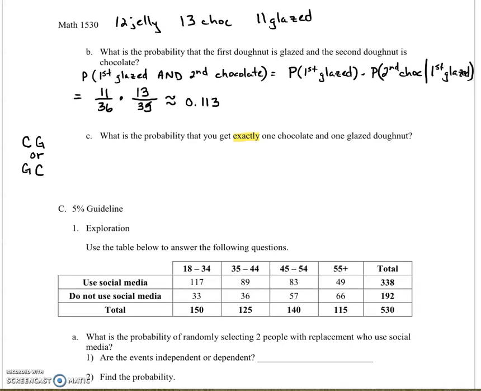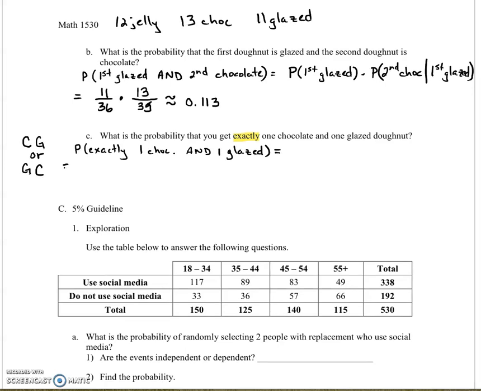So this is a probability that involves both the multiplication and addition rules. We need the probability of exactly one chocolate and one glazed